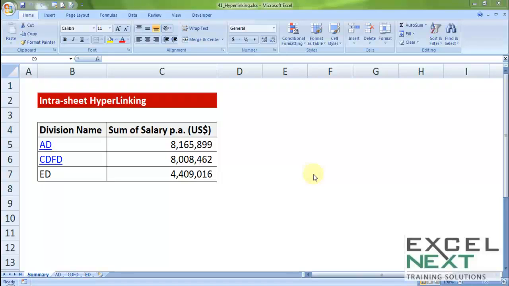Hi everyone, welcome to this new session where we will be speaking about intra-sheet hyperlinking. What is this? Where is it used? How is it used? Everything will be answered, but let me first give you the logic why it shall be